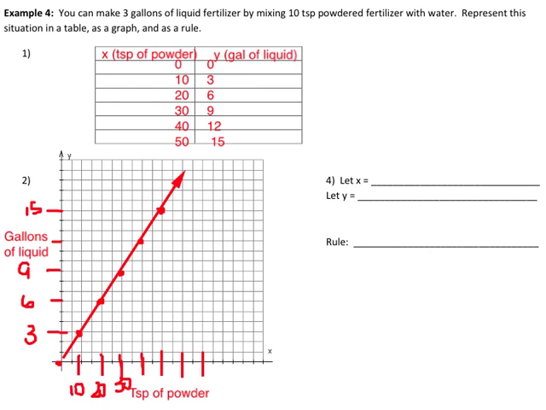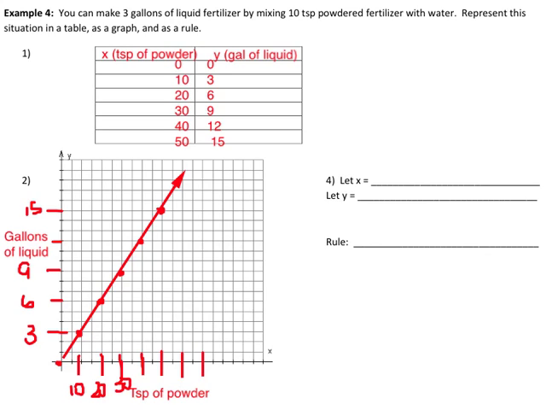So you'll definitely want to pause this so that you have enough time to graph that. Notice that I did connect it because if I have 5 teaspoons of powder, I could still make some liquid fertilizer with that. So I want to connect the dots. I would not go into the negatives because it wouldn't make sense to have a negative number of teaspoons of